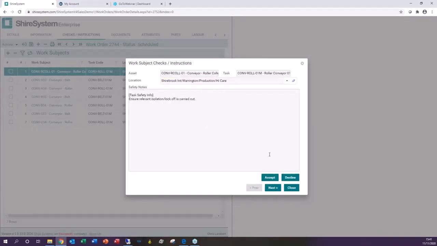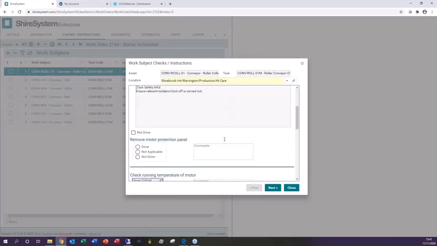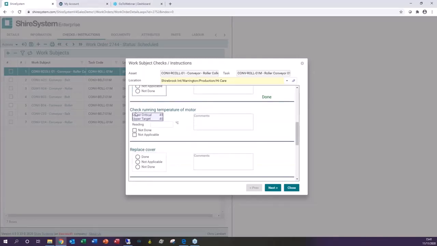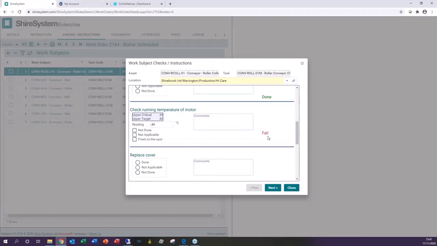And I've got safety notes first that I accept, instructions, and then I've got my step-by-step question and answer section. So I've done that. Here we're asking to check the running temperature of a motor, and what you can do is set upper or lower criticals and targets. So if I put in a reading that's too high, it will fail the task, and you've got 2 options